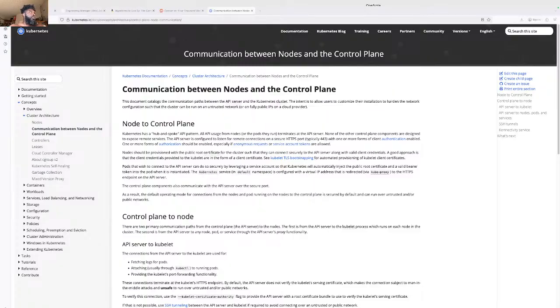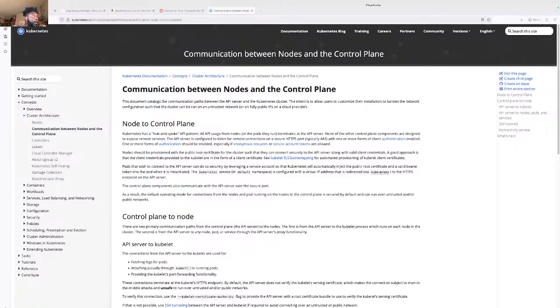Low in the weeds, there are two primary communication paths from the control plane to the nodes. The first is from the API server to the kubelet process, which runs on each node in the cluster.